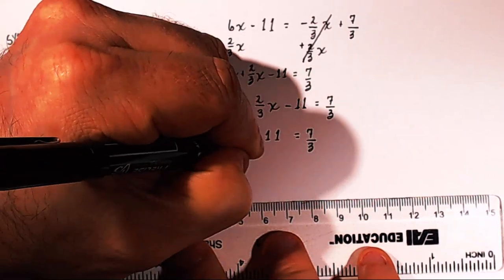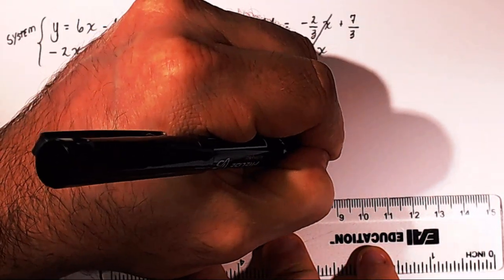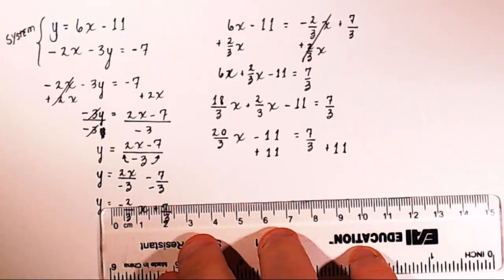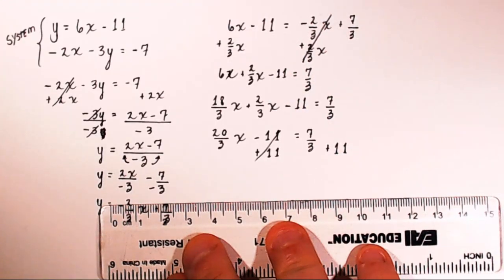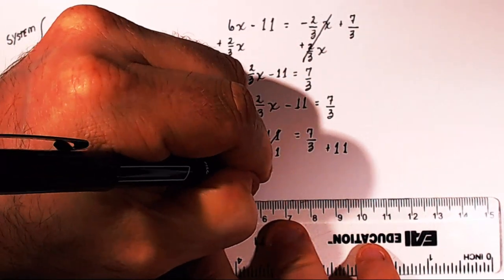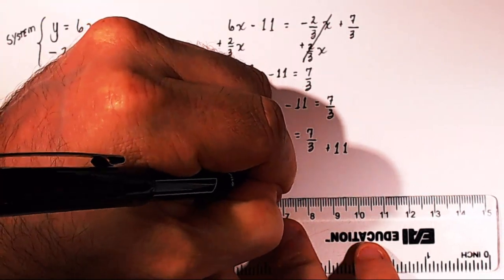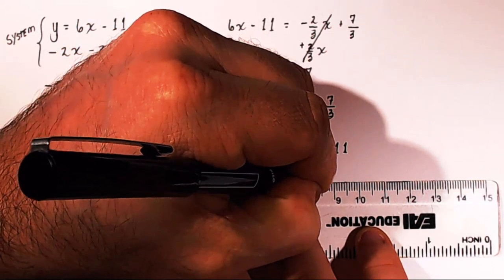So now I add 11 to both sides to get rid of it on the left. Well, negative 11 plus 11 cancels out, and I'm left with 20/3 x equals 7/3